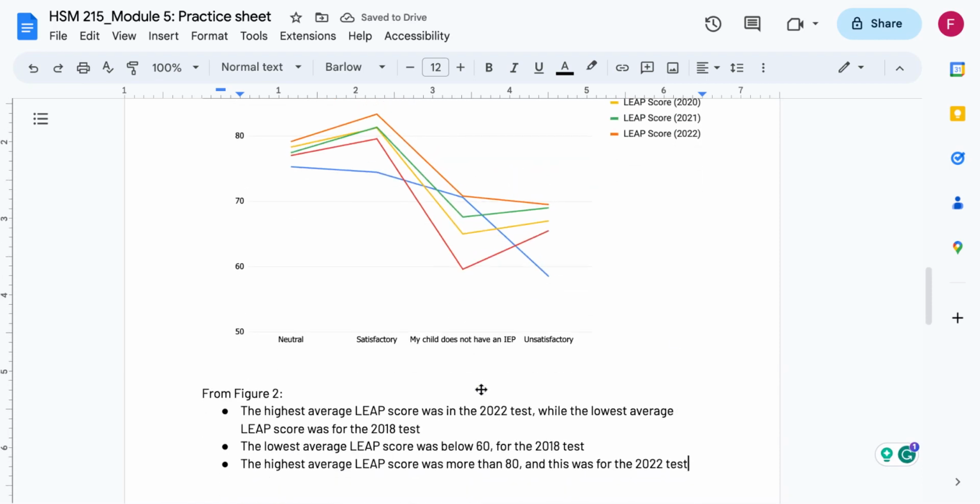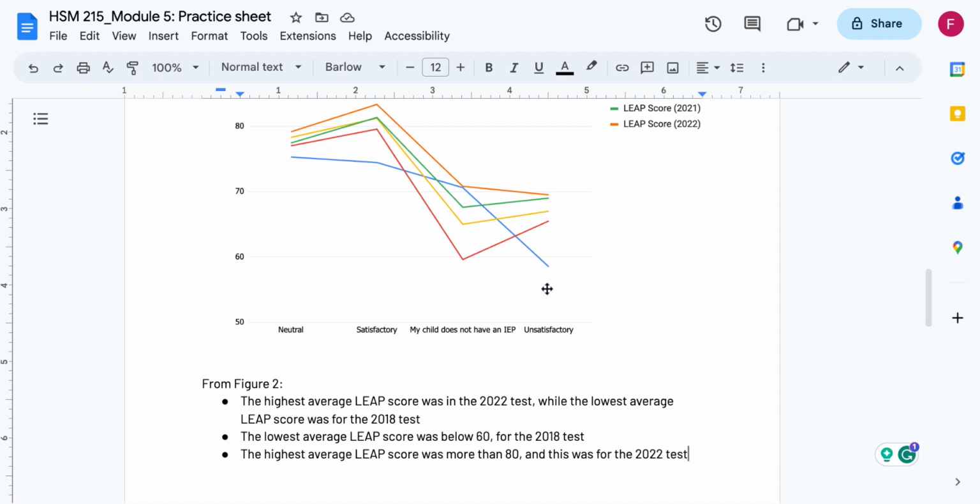But another thing that we know is that the lowest average score was among parents who said the IEP program was unsatisfactory. So we can mention that the lowest average LEAP score was from parents who found the IEP program to be unsatisfactory,